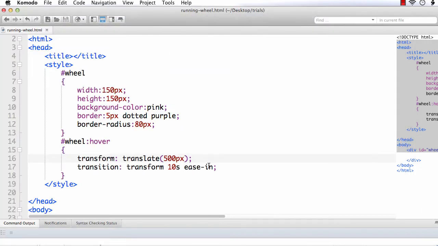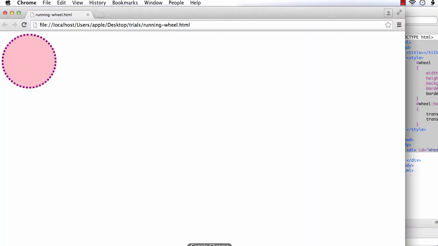Now if you provide ease out, it will start quickly and then reduce the speed of movement. Refresh. It started quickly and then the speed is getting reduced as it reaches the end point. So like this we can apply different effects.